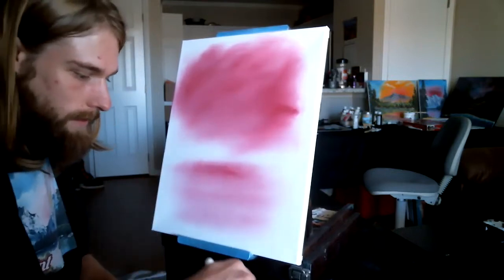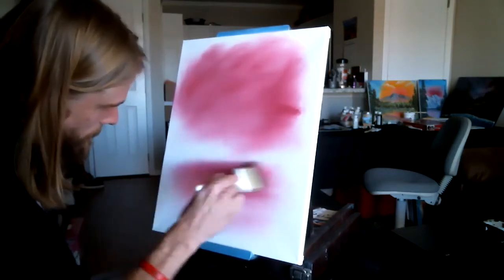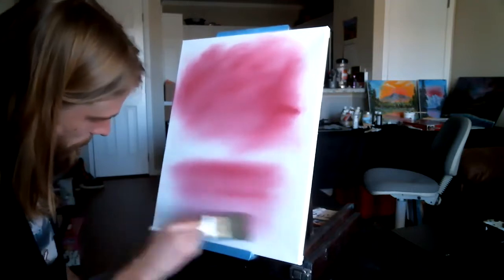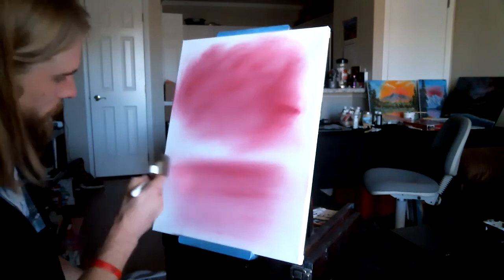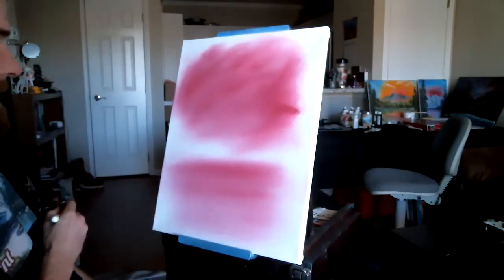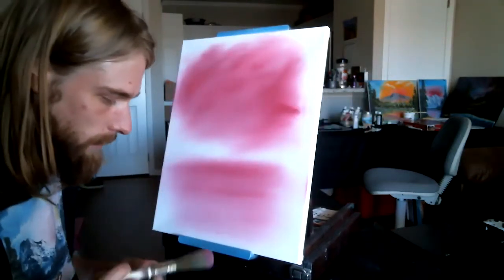We can do some more. There's a lot of color going in this one. Darkest in the back and lighter at the bottom. Fix our angle there. Nice and soft. Across the sky. The 2-inch brush is a lot funner. Alright, now